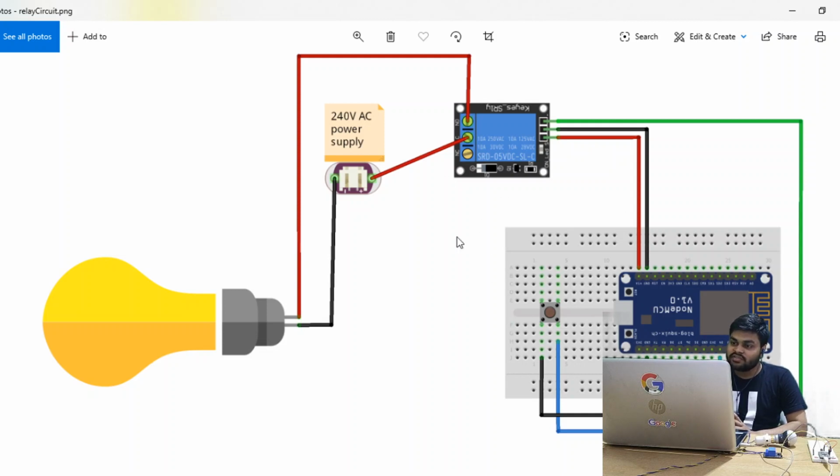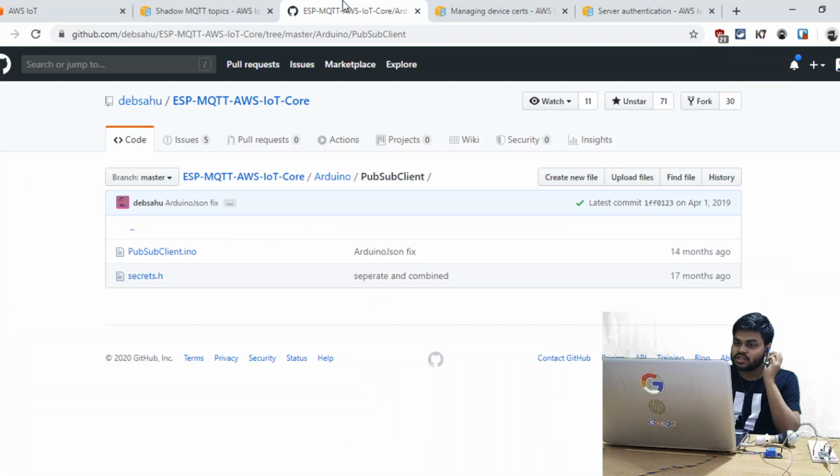So if you don't have this relay module, no need to worry, because it is not necessary at all to connect it, because we already have a built-in LED on the D0 pin. So sending a low signal to D0 will either switch on this bulb, or secondly the built-in LED of this NodeMCU. Simple. So this is the circuit diagram and I have explained it. I will share the circuit diagram and the code. So first, the library which we are using here is this one.